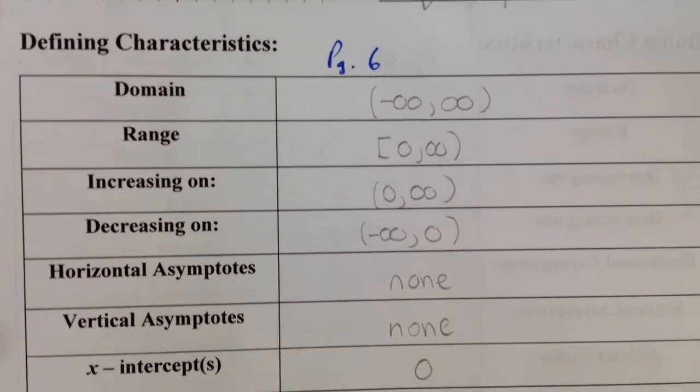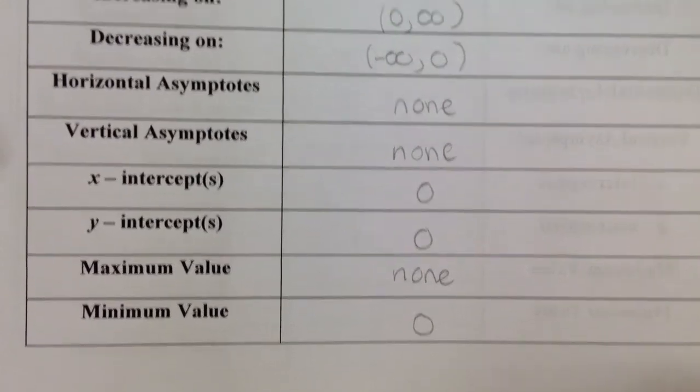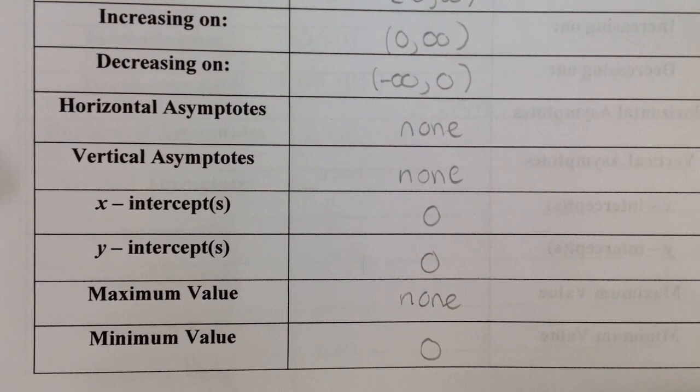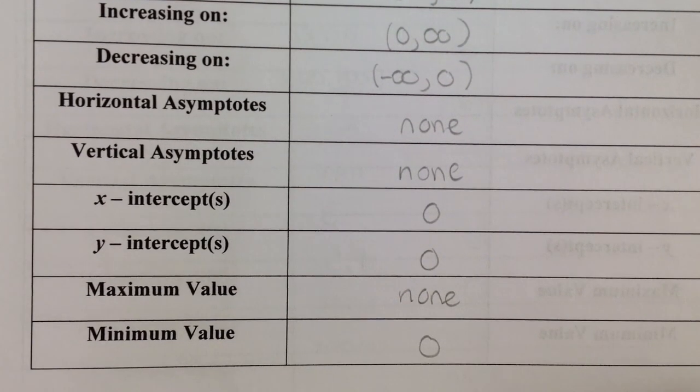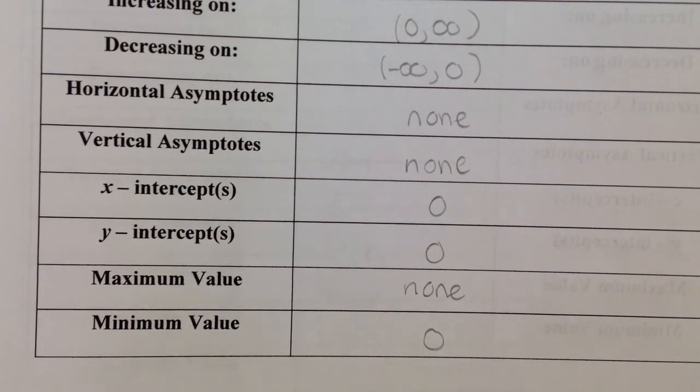So I have them all filled out. You can check that out. Scroll down here and you get the rest of those defining characteristics. And again, what we're going to do is we're going to leave the verbal description of the graph blank for now, and we'll talk more about that in class. Okay. Page 7 is our transformation of the